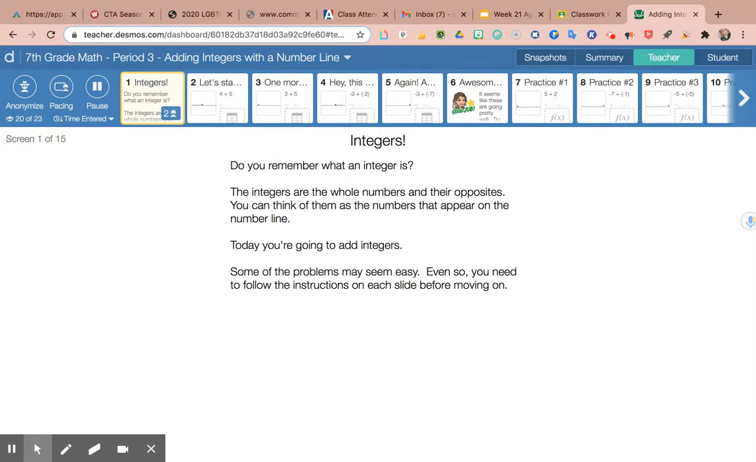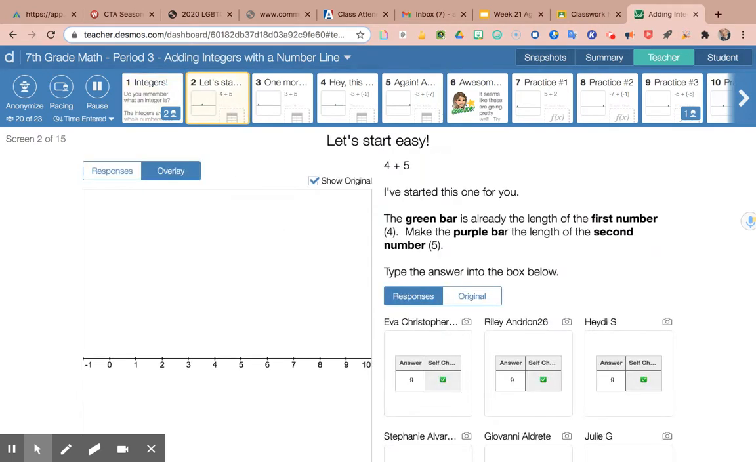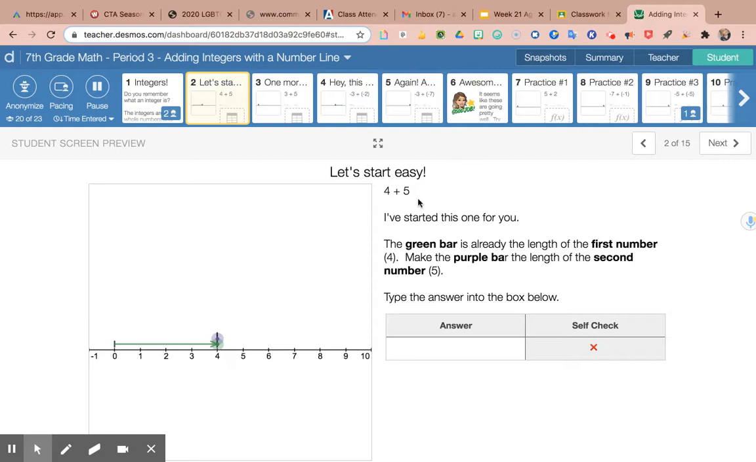You won't always have to use a number line, but sometimes you will be asked which of these number lines represents this equation. So you do want to be familiar with using the number line. So you'll click next. And slide number 2 says, let's start easy. 4 plus 5. I know you guys know what that means or is, but we're gonna use it on a